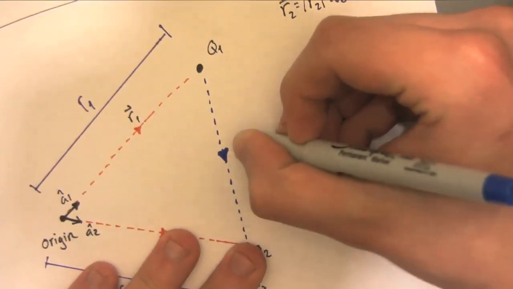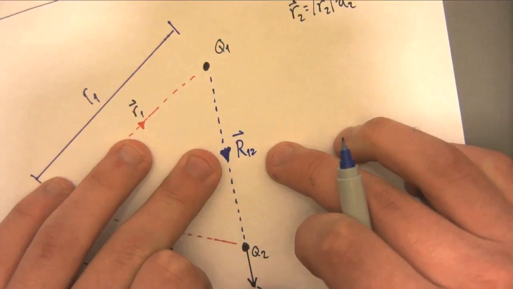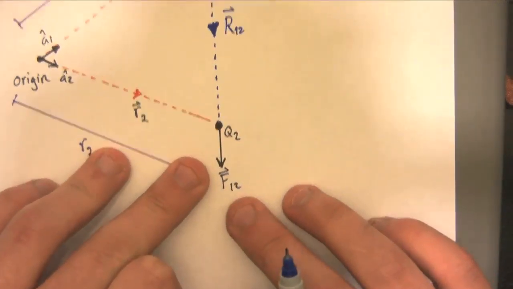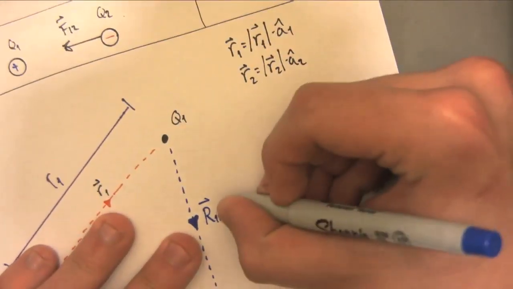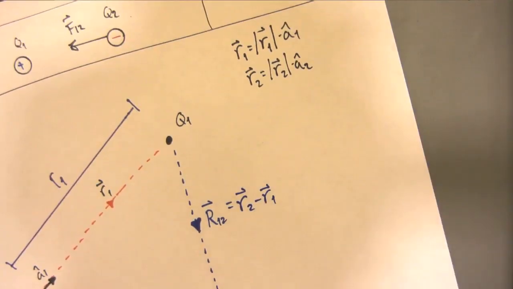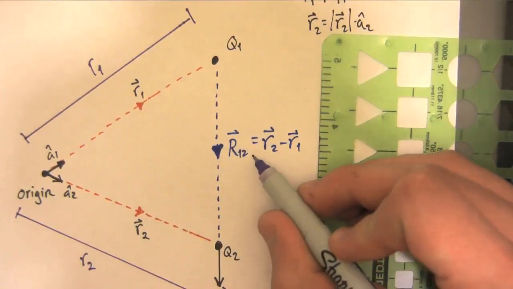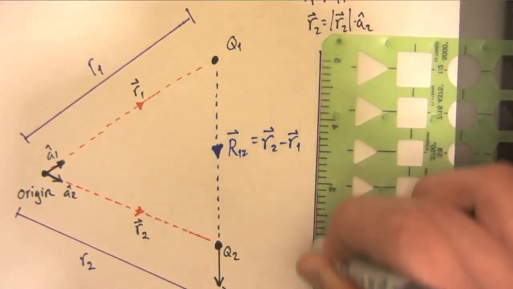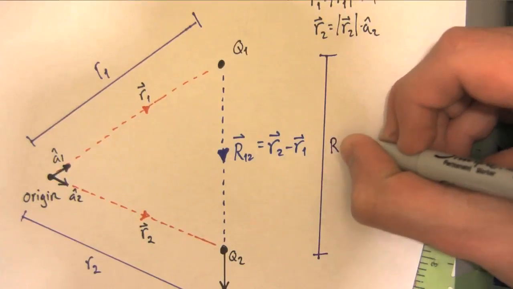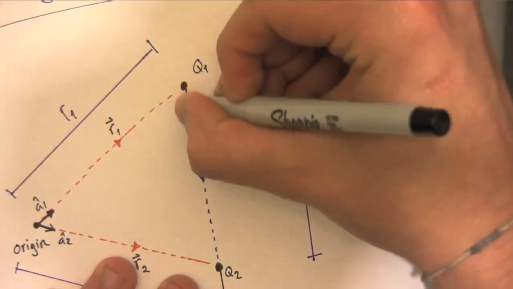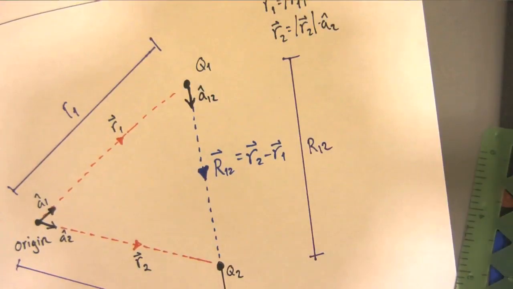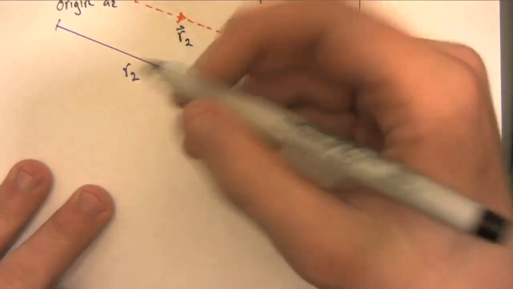We'll actually show this as R12, which is what we want to be acting in the direction of F12, in which our R12 will be equal to R2 minus R1. For this vector, R12, there is, of course, the actual magnitude, and we're acting this in a particular direction, a hat 1, 2. So, we can write the force